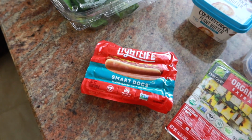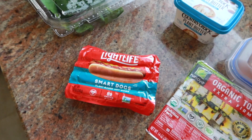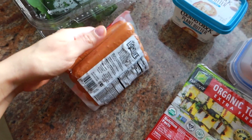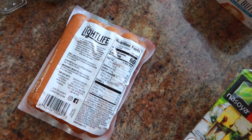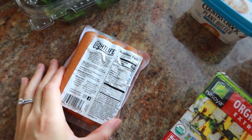My grocery store has been sold out of a lot of the things that we usually eat, like veggie bacon or plant-based sausage. So we tried these out the other day, and we love them. I personally don't like them boiled like on a hot dog bun. I don't think that they taste really good, but when you cook them on the pan, they're delicious. So 60 calories, 2.5 grams of fat, and then 8 grams of protein for one,